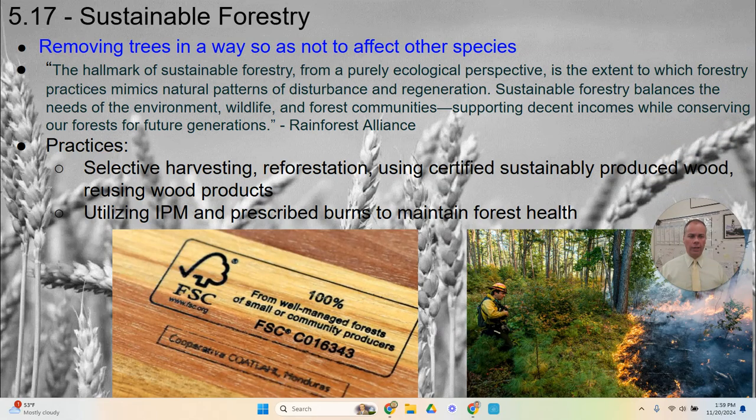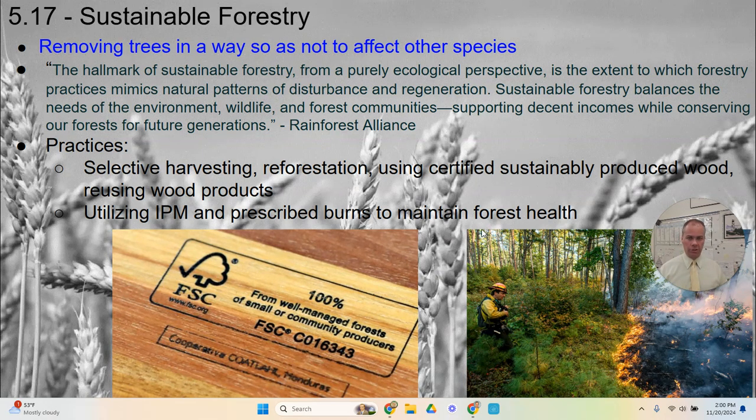And we can also think about this concept of sustainable forestry, in that there are certifications. If you look on some packaging materials, for example, if you go to a home improvement store and look at lumber, you'll sometimes see this symbol on the lumber or on the packaging. Okay, it is a sustainable forestry certification. It's sort of like if you go to the grocery store, you buy certified organic produce. Certified forest products are certified by an agency, FSC, that they come from a well-managed forest that preserves the integrity